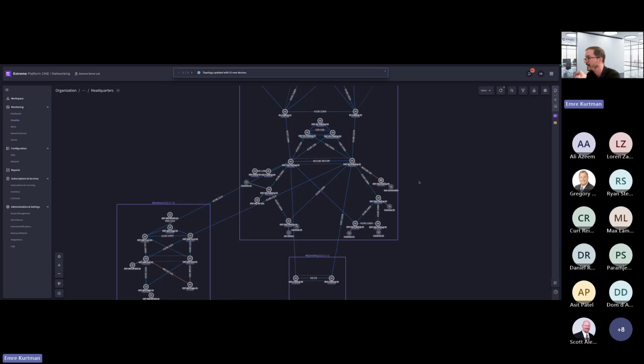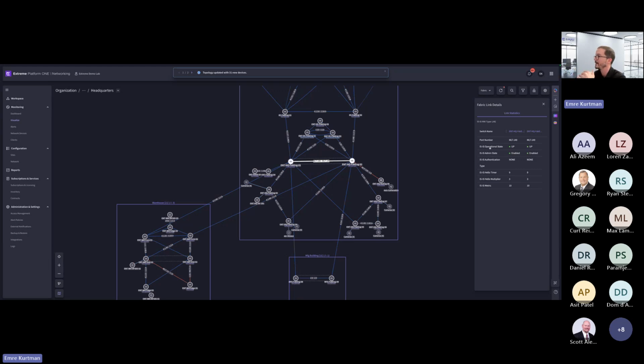But what is really key is you just click on a link, and instead of it showing the physical identity or physical operational up or admin up down status, since I'm in the fabric layer, it shows me the ISS operational state, ISS, which is the control plane of Fabric Connect, and ISS admin state, and some other parameters that are related to ISS. So this is what I'm basically talking about when it comes to being context aware.